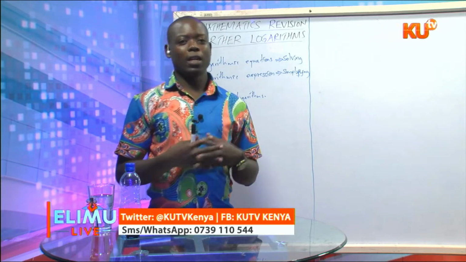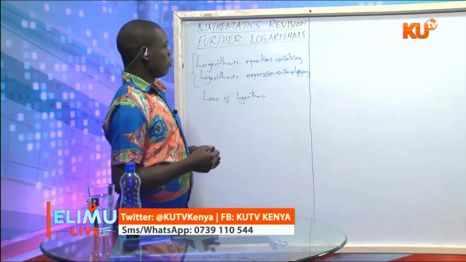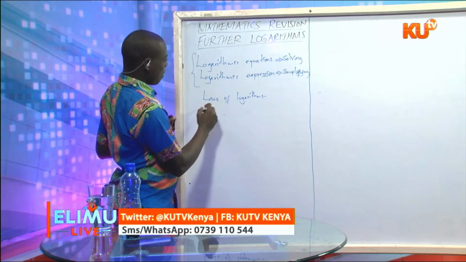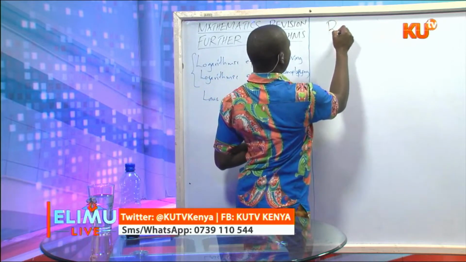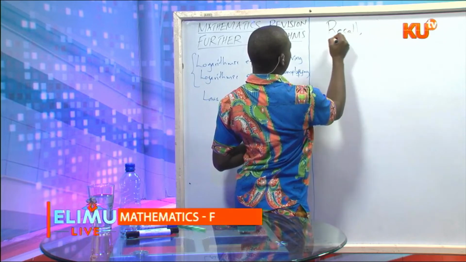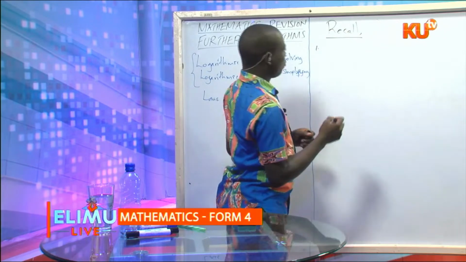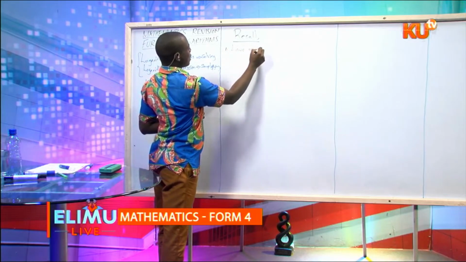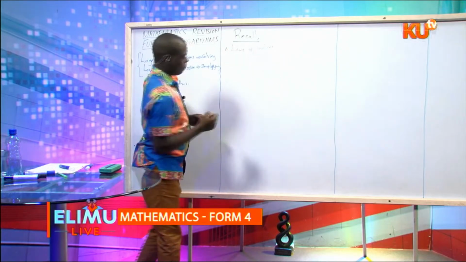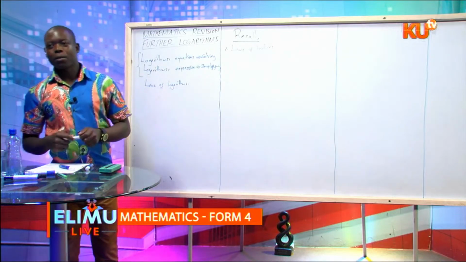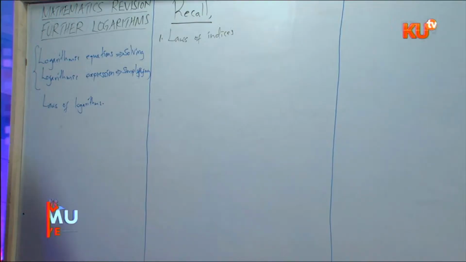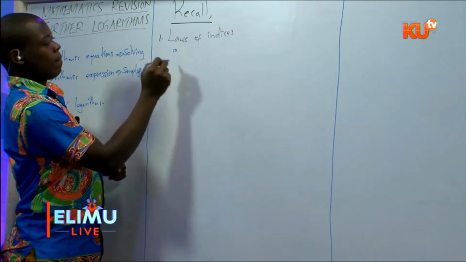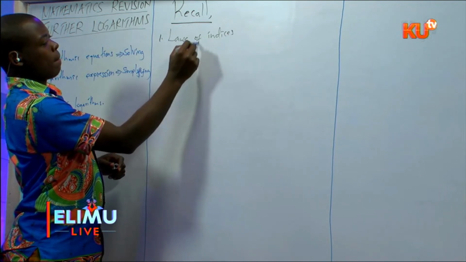But even before we break it down, I want us to build from the Form 2 topic and remind you that in Form 2, if we can make our recall, number one, you looked at what we call laws of indices, because this is where we start from. And we looked at three basic laws of indices. We have the multiplication law,